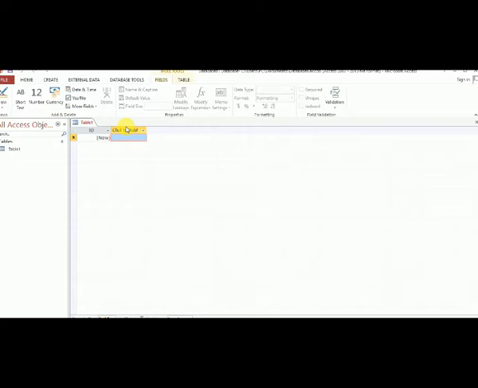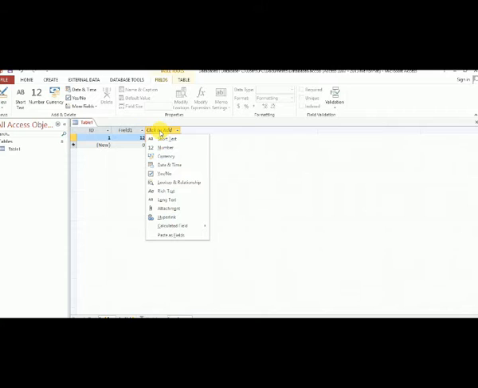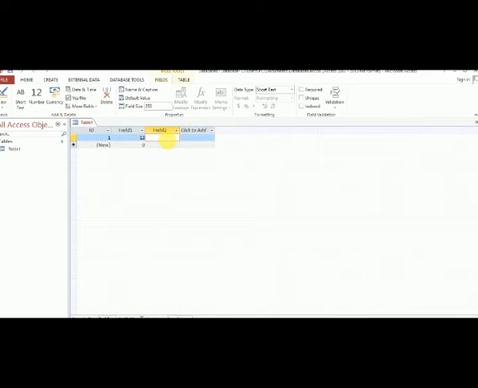You can right click and choose which field type you want. Roll number is a number, so you use the number type. Suppose the roll number is 12. Next you can add name, using the short text type. Suppose the name is A to Z.